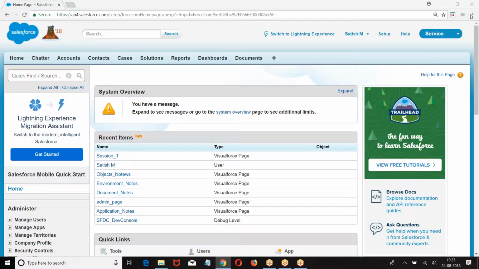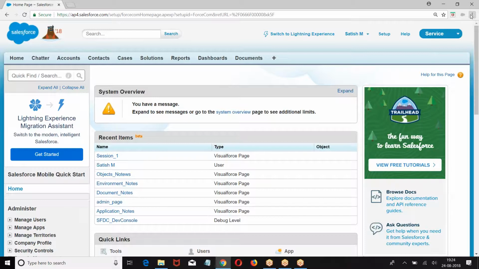Creation of tab. So what is a tab? If you want to access an object, whatever object you have created, if you want to open and view that object, we need an interface. That interface is nothing but an object.